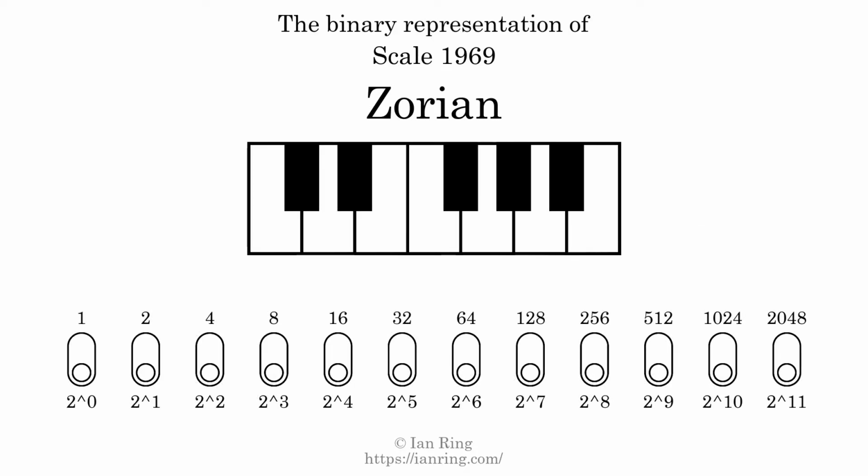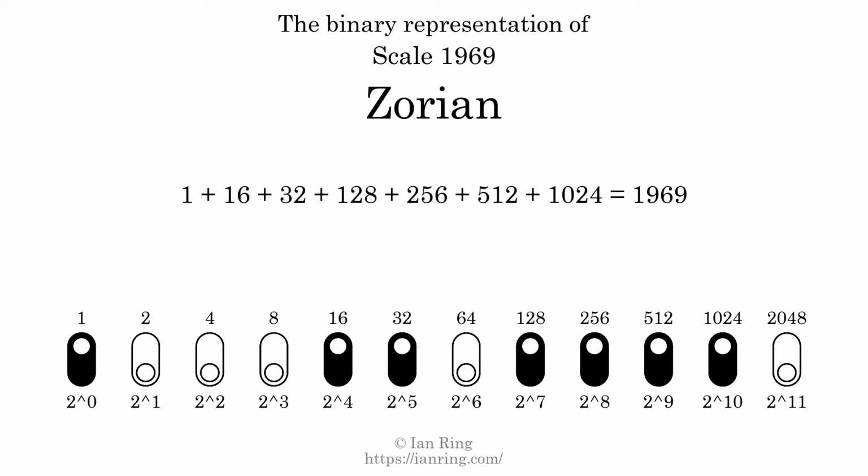The binary representation of this scale is determined by mapping tones of the scale to binary digits. Each binary digit represents a power of 2. To get the scale number, we add the powers of 2 together. The powers of 2 that are present in the scale, all added together, equals 1969. That is why the scale number, in decimal, is